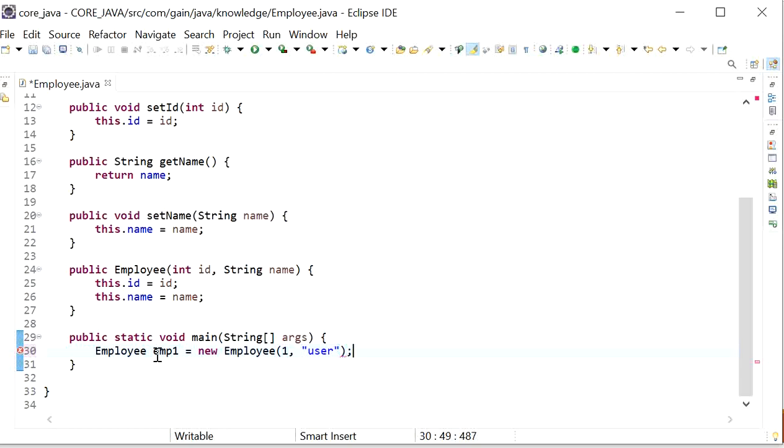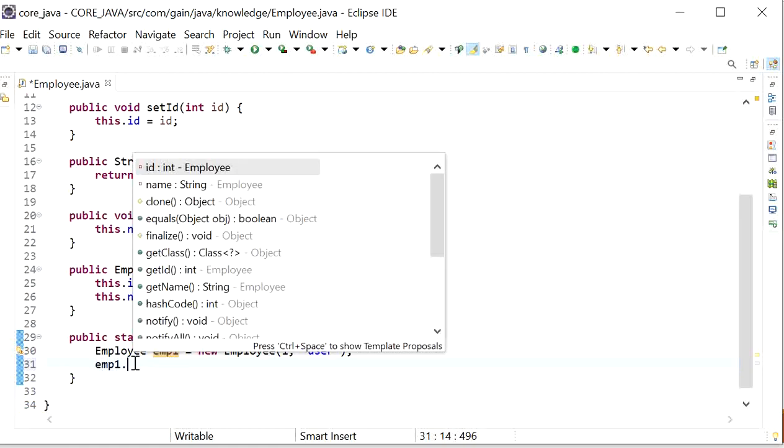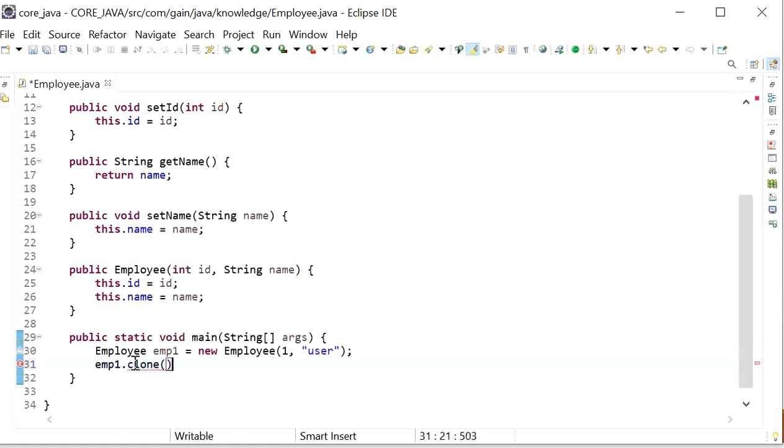If I want to create a duplicate copy of this employee object, then we need to call the clone function, employee1.clone, using the employee object as a reference variable.